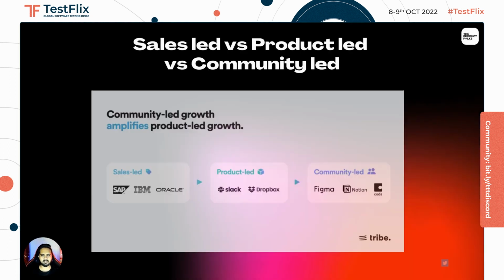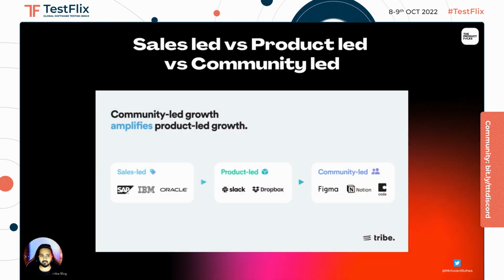How do you differentiate this from sales led versus product led, right? Let's get into that now. For years together, sales teams and marketing teams were the main drivers of growth for the biggest tech companies, right? Think of your industry leaders like IBM, like Microsoft, like Oracle. If you didn't have money to invest in these areas like sales and marketing, you were unlikely to find any success, right? Even if you had a much better product. So it was super important for you to put those dollars where it mattered.